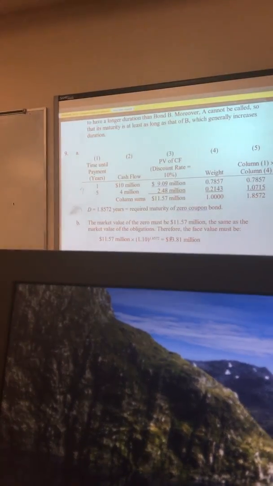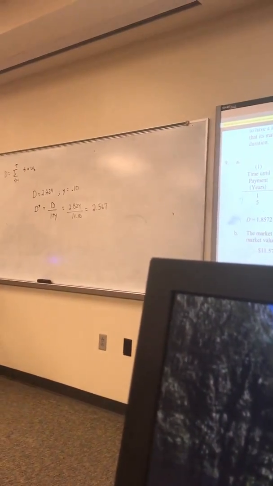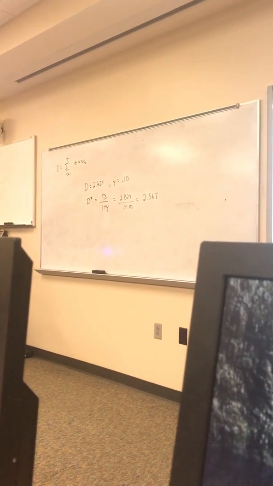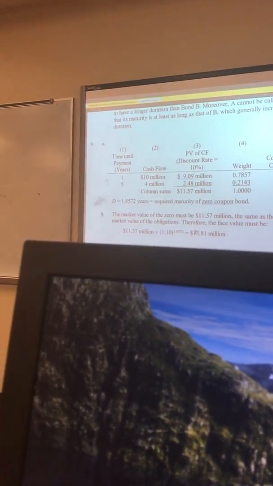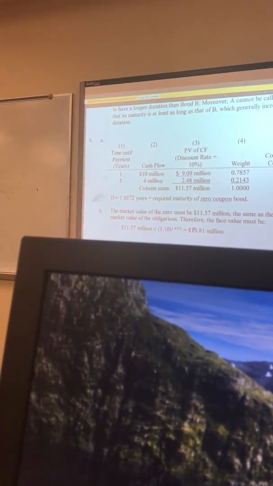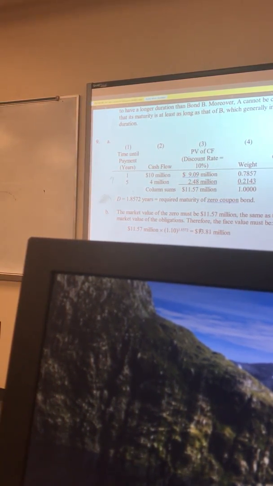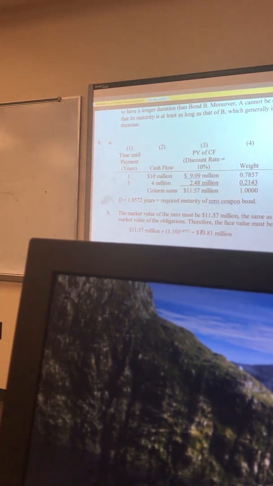And they ask you in the problem, they say that this insurance company must make payments of $10 million in 1 year and $4 million in 5 years. The yield curve is 10%. If it wants to fully fund and immunize its obligation to this customer with a single issue of a zero coupon bond, what maturity bond must it purchase? All right, well,